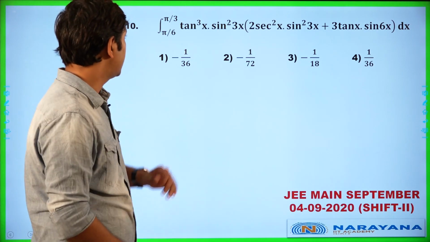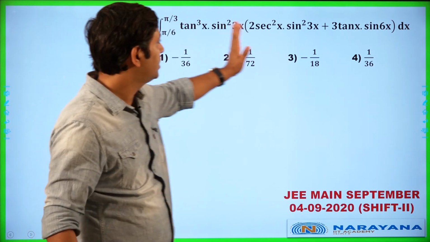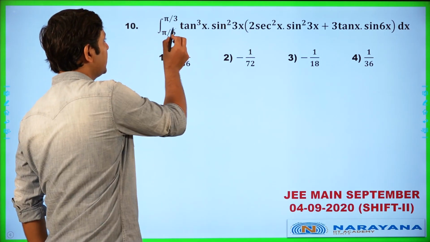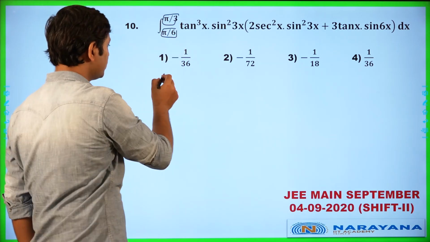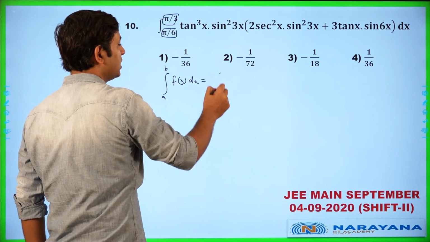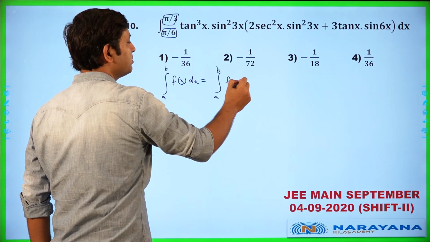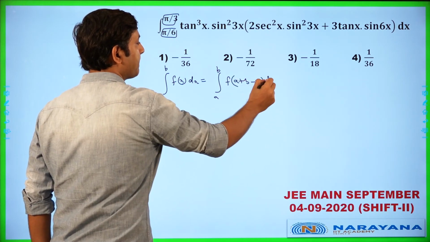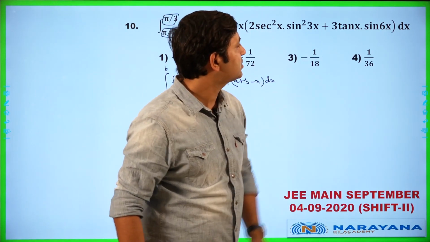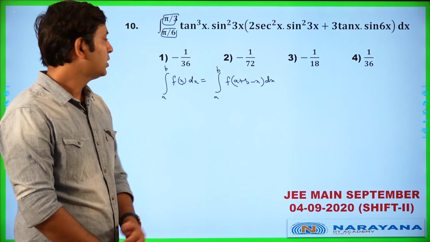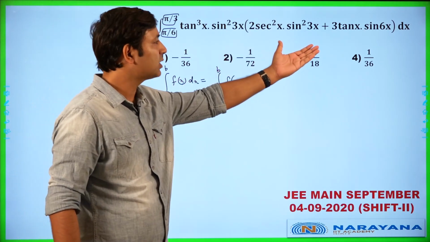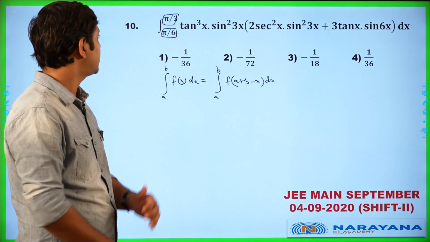In this question, we have an integral from pi by 6 to pi by 3 of this expression into dx. Notice that initially it looks like pi by 6 plus pi by 3 is pi by 2, so we should apply the property integral a to b f(x) dx is the same as integral a to b f(a plus b minus x) dx. But as you can see, even if you apply pi by 2 minus x everywhere, the expression is no closer to simplifying. So if you began the question like this, there is no problem, but still you should figure out that it's not leading to a result. You should come back and start afresh.